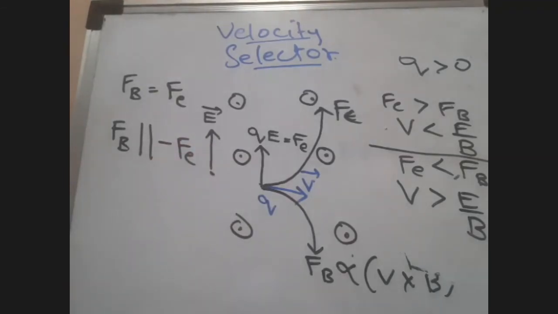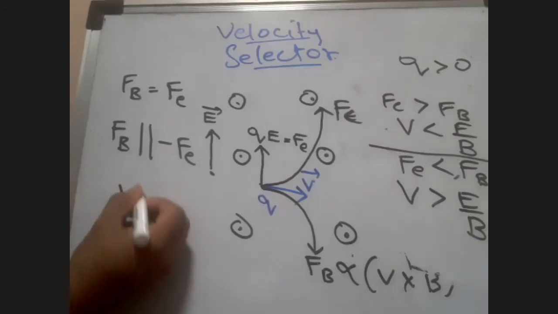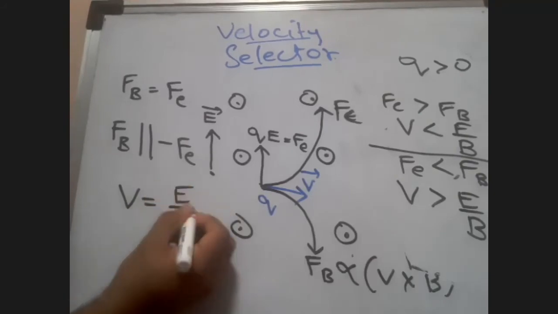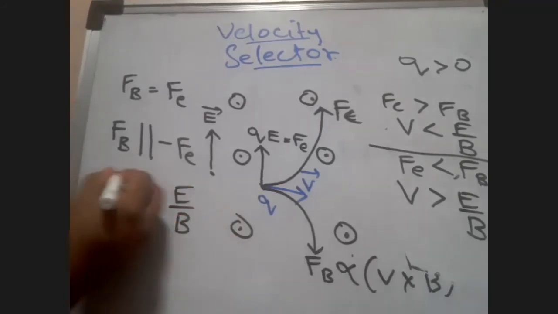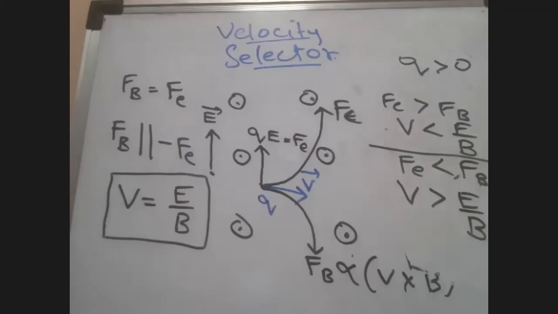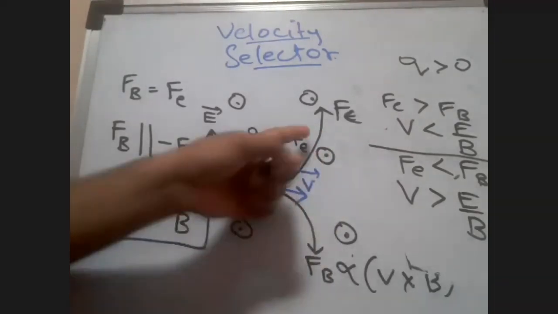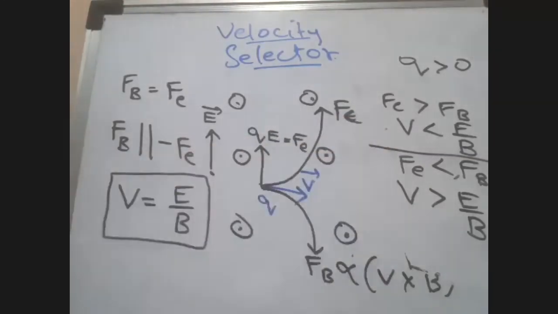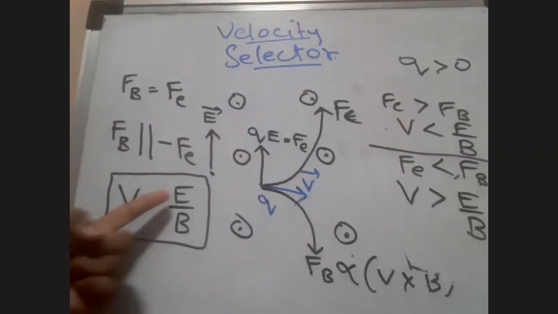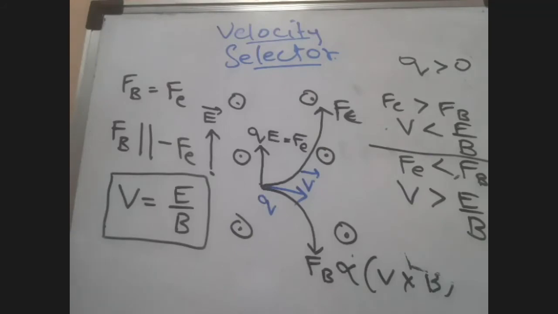So if this is understood, students, then what will be my velocity here? Won't it be equal to E by B? Yes or no? So I got this relationship, students, that when there is a greater than or less than relation between the forces, we get two different relationships. But when I say that both the forces are equal, we get the relationship that the velocity is equal to E by B. Students, this very thing is called a velocity selector.